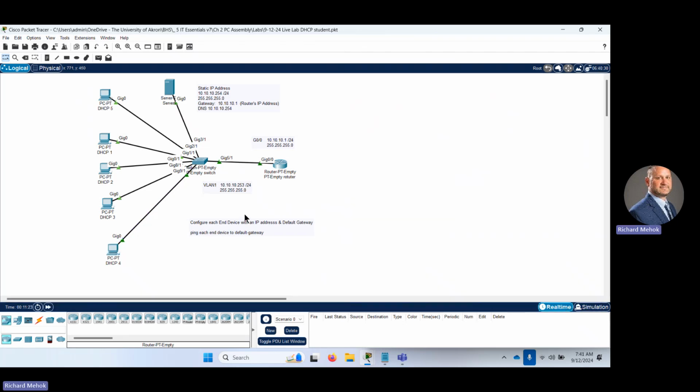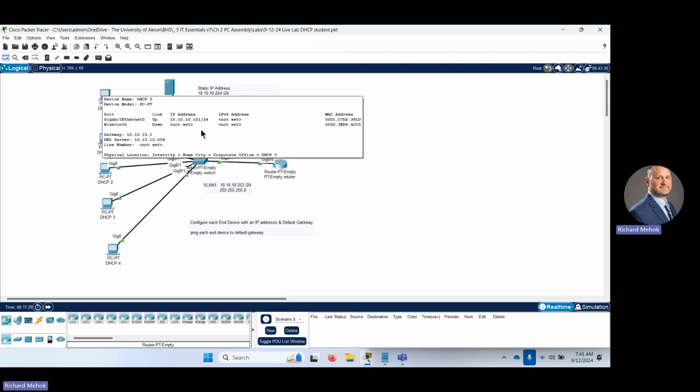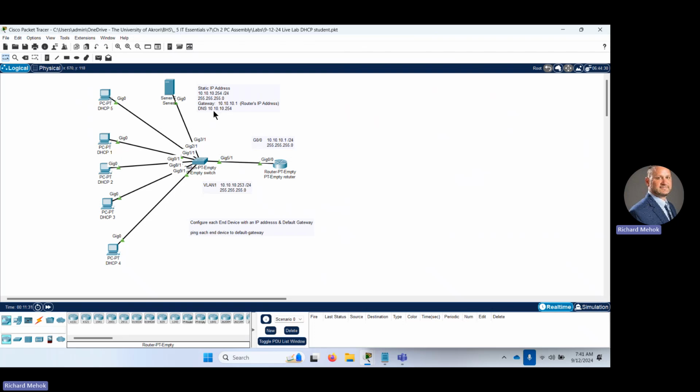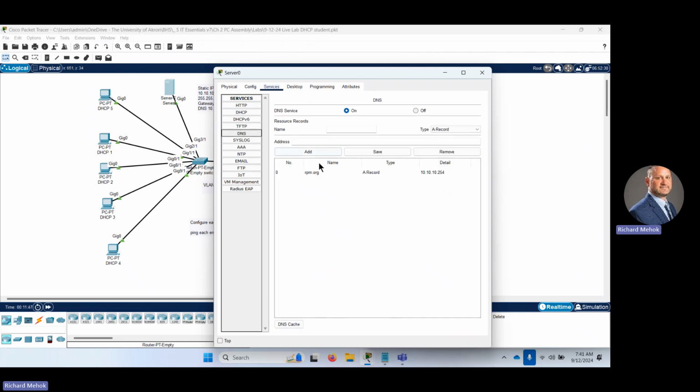Okay, so we know the importance of the server, giving out IP addresses, and also the information of the default gateway and the DNS server. So since we are using this server as a DNS server, remember the DNS server is the Internet Phone Book. So we want to make a domain name, which is a website, URL. So click on DNS, and I already have rpm.org. So let's add